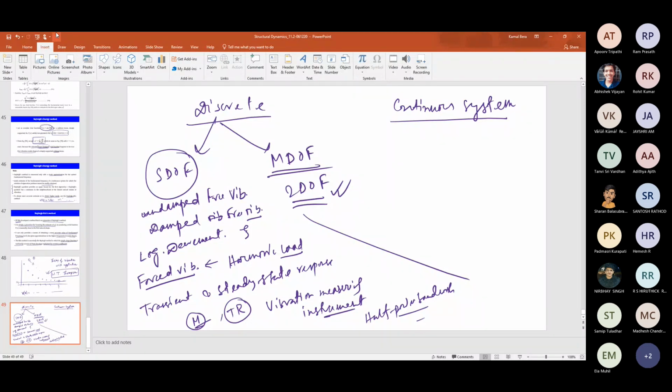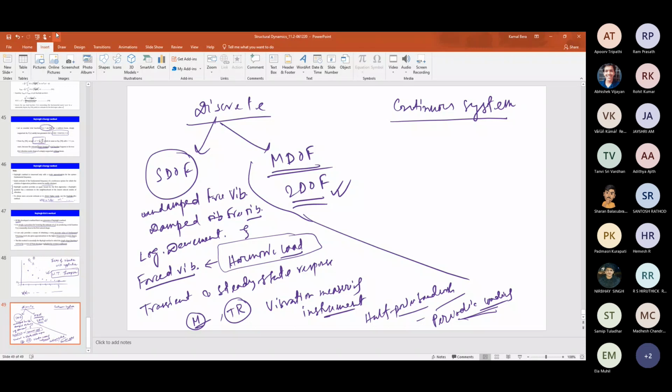Okay. I might miss something now, but I am just summarizing the major things we have discussed. Then we talk about the periodic loading, right? Which, due to Fourier series, I can express as a combination of sine and cosine terms, an infinite number of sine and cosine terms. Although theoretically an infinite number is required, a few initial terms are good enough to represent it in a reasonable manner. Okay. And since we know the response to the harmonic loading for a single sine or cosine function, we can do it for the periodic loading by superposition, right?